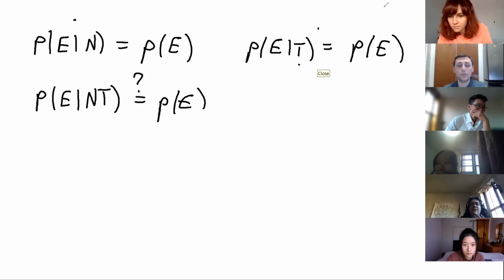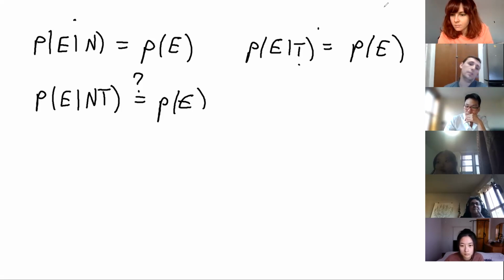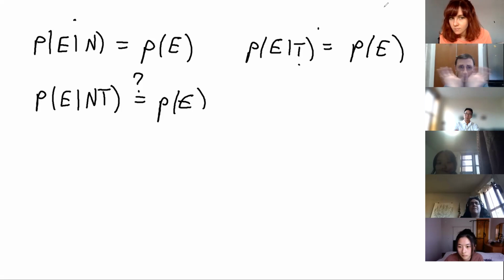Okay, Abdel, P of N and T, of course it is different. It's usually smaller than each of them separately. But yeah, so you see what people think. Information N did not affect the probability of E, and information T did not affect it. When you combine those pieces of information, will it affect it? Okay, Alan says no. So you mean no for my question, or you think when the information is combined, it doesn't affect the stance of E? In other words,